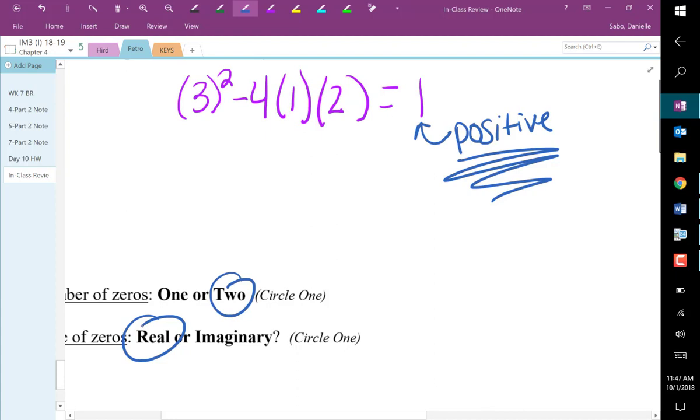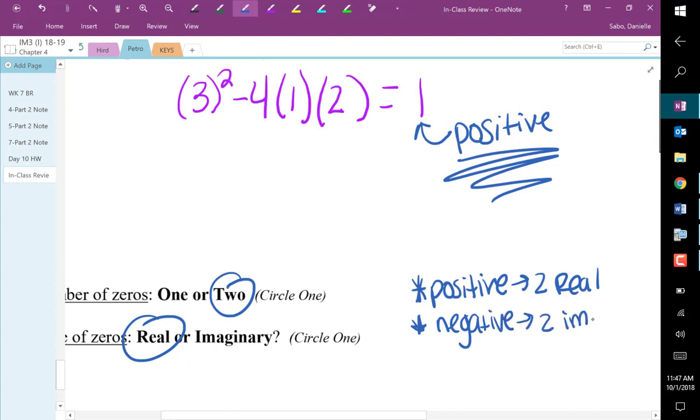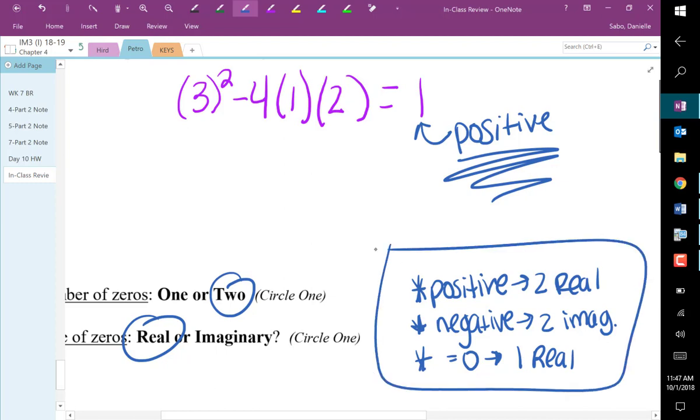So if you want to write something out for yourself, positive, 2 real, negative, 2 imaginary. This way you remember what they are. And then if it equals 0, it's going to be 1 real. Those are the only options you have. If you do the discriminant and it's a positive discriminant, you have 2 real. If it's negative, 2 imaginary. And if it's 0,